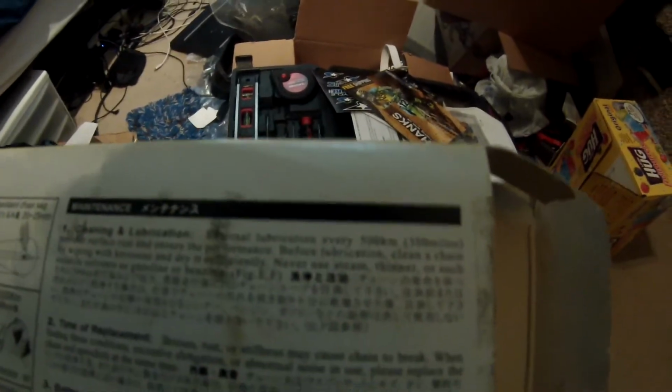I don't know if anybody's aware of what happened to the RMX, but I've got both a front and a rear sprocket, and I probably messed up on the chain. It's the right size and everything, but let's just read this. Time of replacement: bruises, rust, or stiffness may cause the chain to break. When finding these conditions, excessive elongation, or abnormal noise in use, please replace the chain. Cleaning and lubrication: external lubrication every 500 kilometers, or 300 miles. Prevent surface rust and ensure...